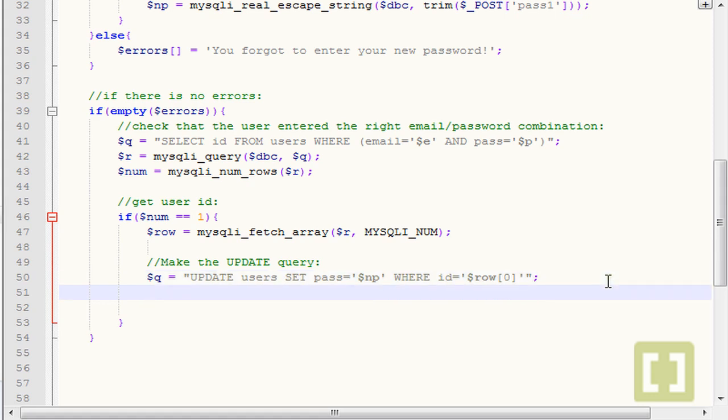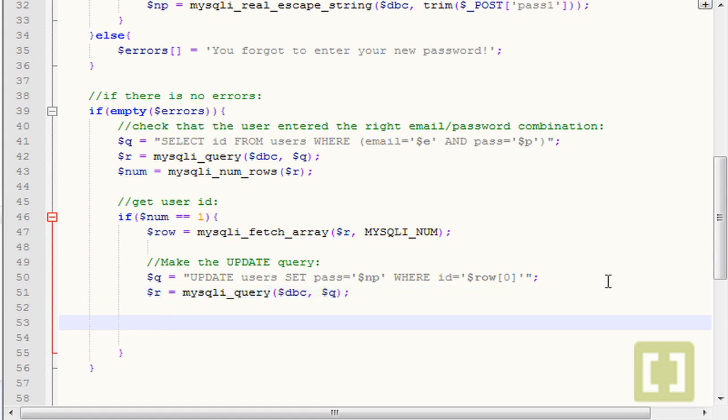Okay, now we need to create a new variable called r with mysqli_query, and here dbc comma q, and create a new if condition where we're going to check if everything was okay. mysqli_affected_rows dbc equals exactly to 1,